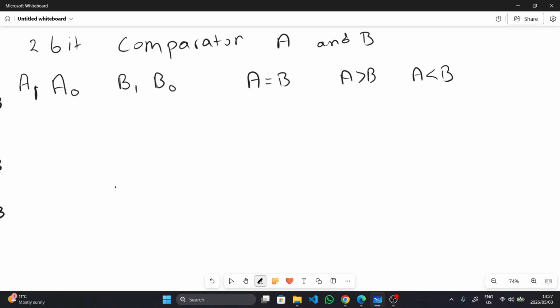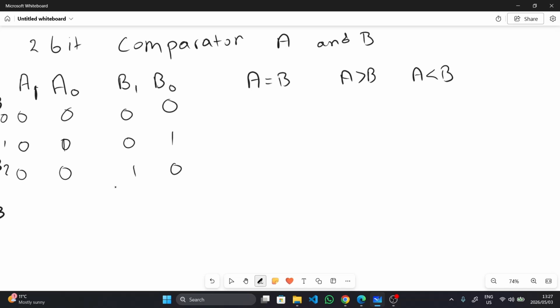Then we'll have here 0, 0, then 0, 1, then 0, 0, 1, 0, 0, 1, 0. And just remember, when we do the truth table, we're just following the rule of 0,